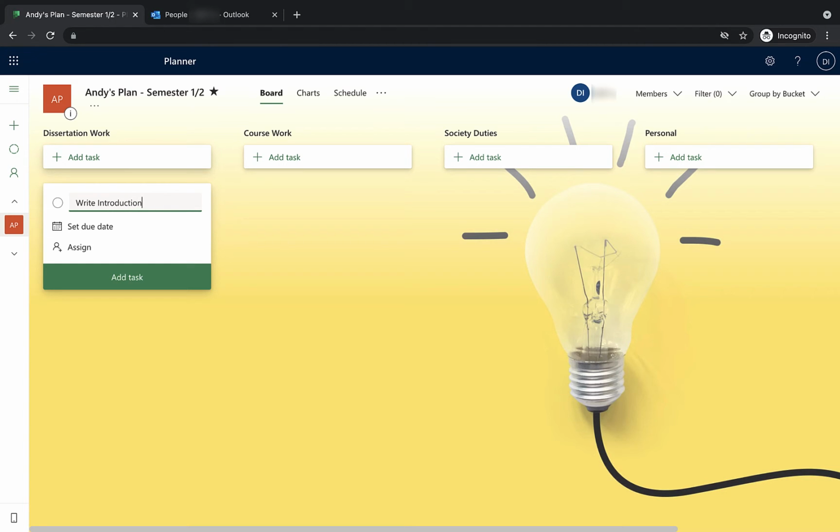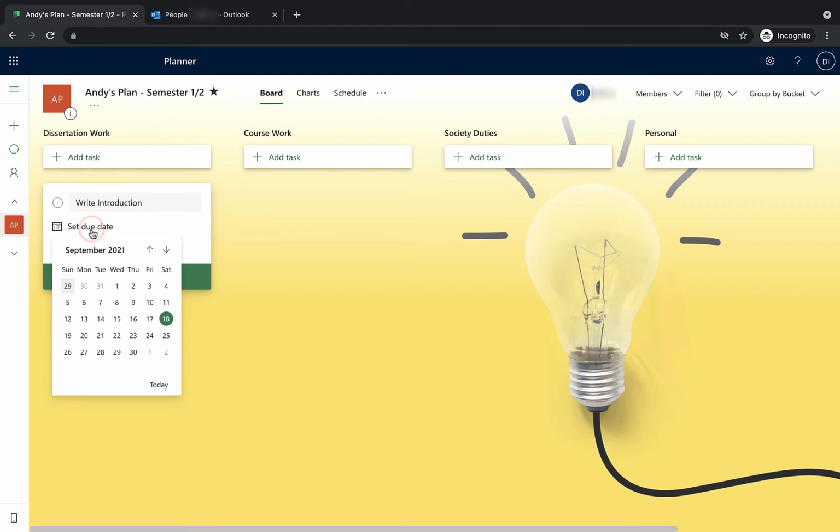Okay, so I've just got to write the introduction. Now below that you'll see we have set a due date. So when do I need to write the introduction for my dissertation by? Well, it highlights today's date, which is Saturday the 18th of September. I'm going to say that I need to have written my full introduction for my dissertation by Thursday the 30th